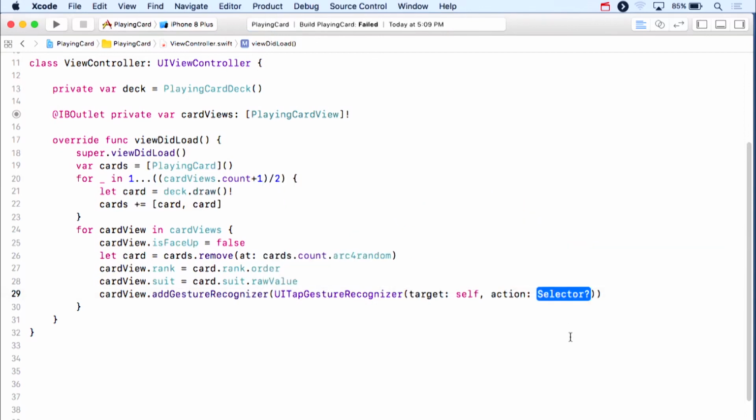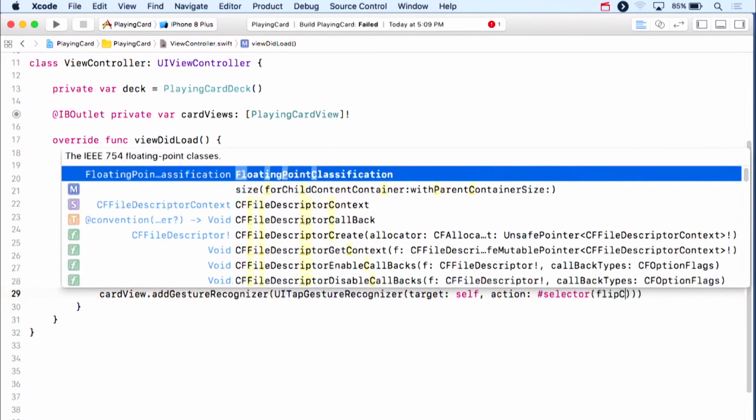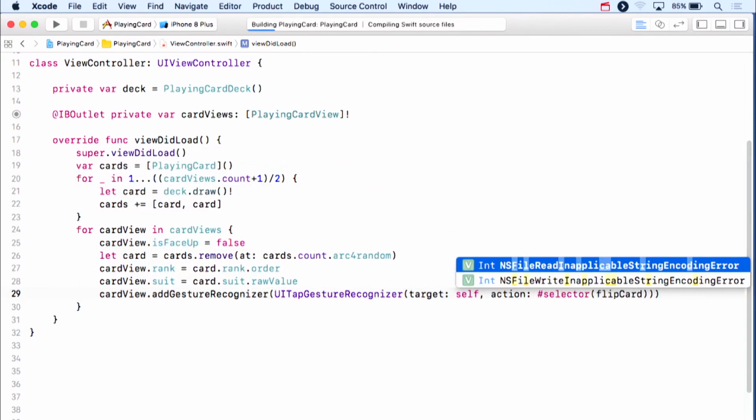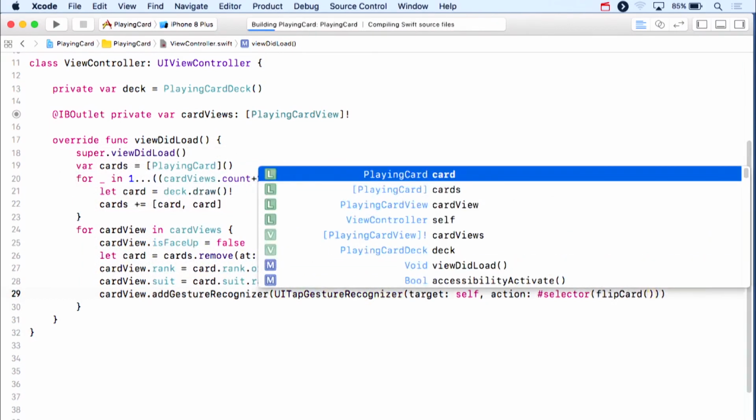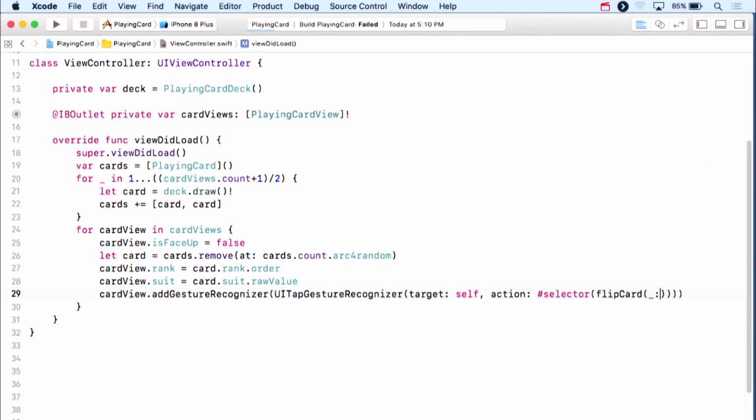And this selector is just #selector, and then inside here you put the name of the method, but only the external names of the arguments. So for example, I'm going to do flipCard, and it's only going to have one argument, which is the tap gesture, and I'm going to have it have no external name, so I'm going to do underbar colon. So this is the name of the method with all the external names and colons in there, but nothing else. That's all. Everybody cool with that? Now,